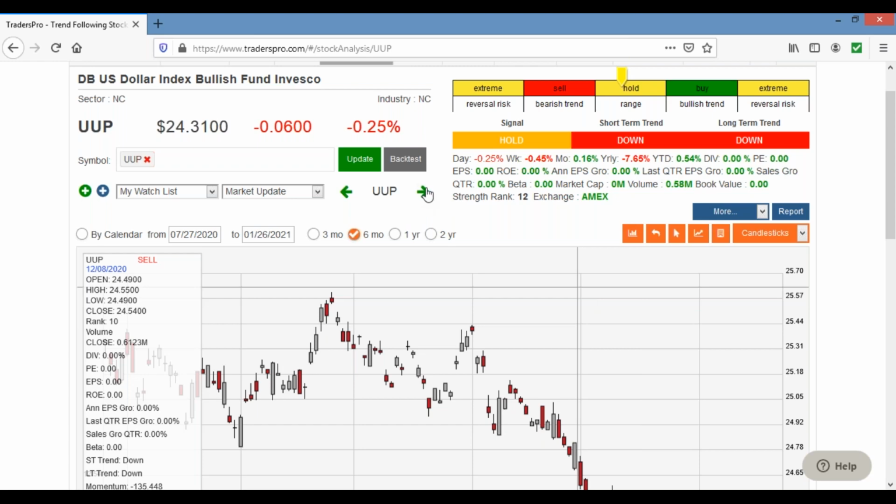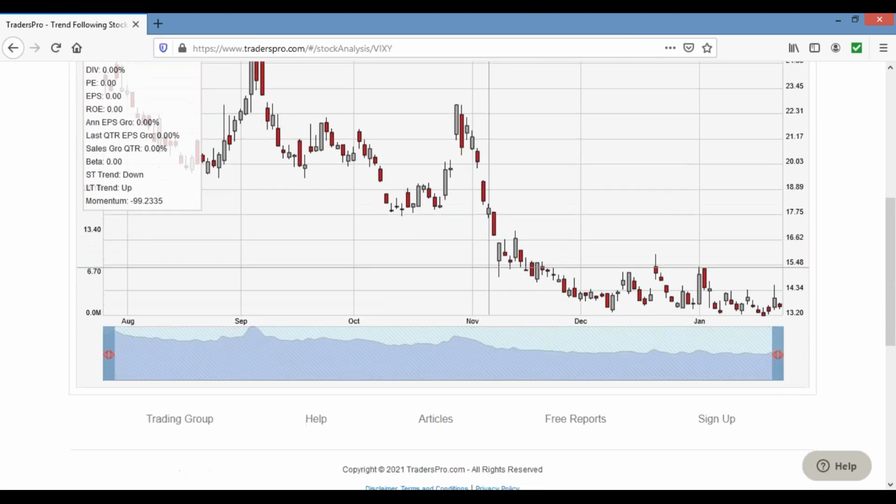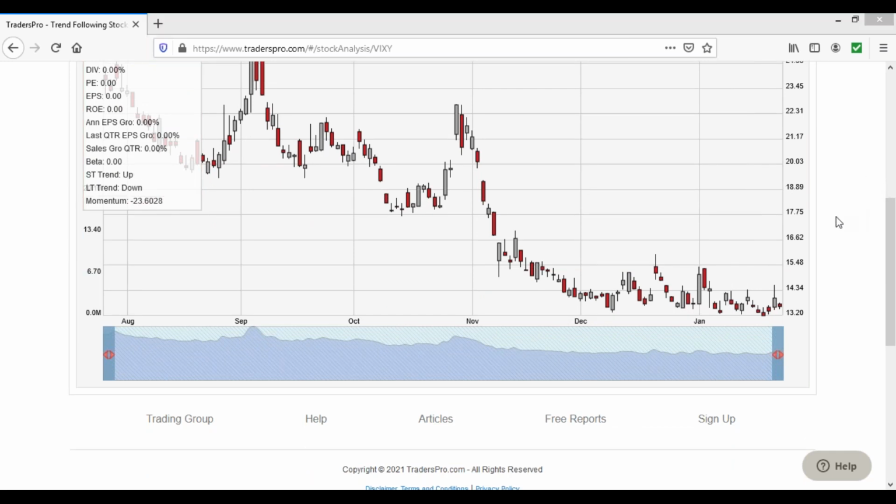All right, and then lastly, take a look at the VIX. Another reason why I'm not too concerned about the sluggishness of the market recently is that the VIX has been pretty low. We're still holding this support area. I told you to keep an eye on that. If we break below that, that's going to be very bullish for the market, especially as long as it's held that support area there. There's also a trend line, if I can draw a straight line along these tops right here. It's not the straightest line, but